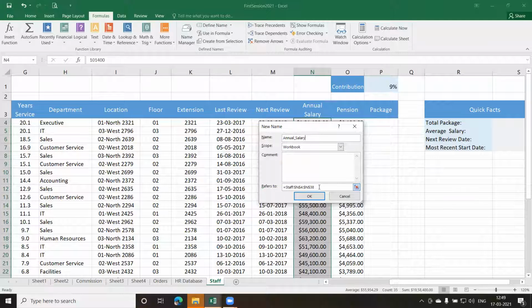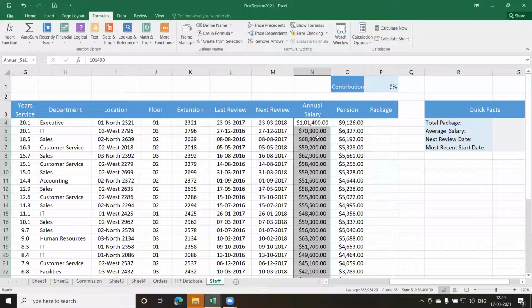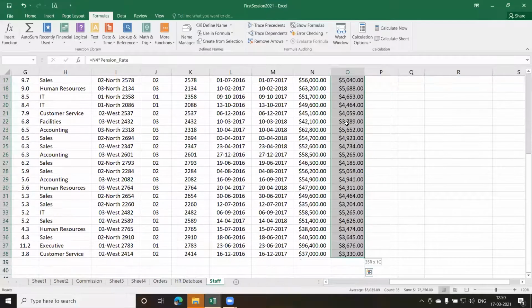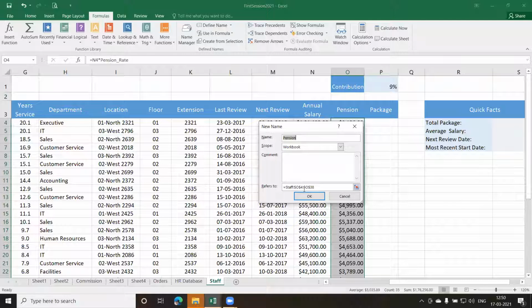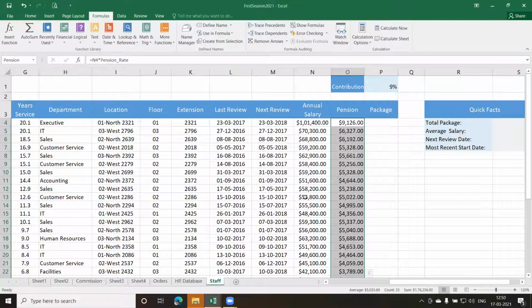And this is the reference which I've got, from N4 to N38. I click on OK. Now it is changed to annual salary. Similarly, I can do it for pension. Let us select this whole thing and define this. I got pension, and I click on OK. There's no problem here.